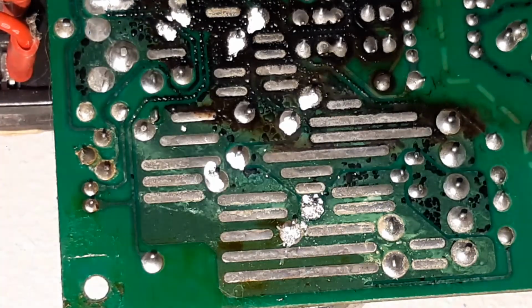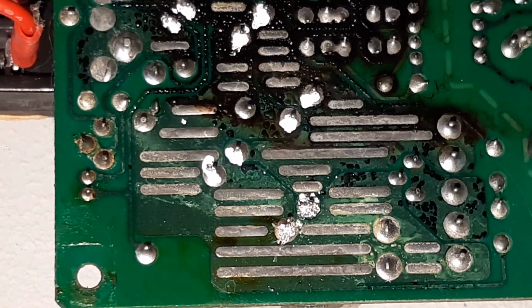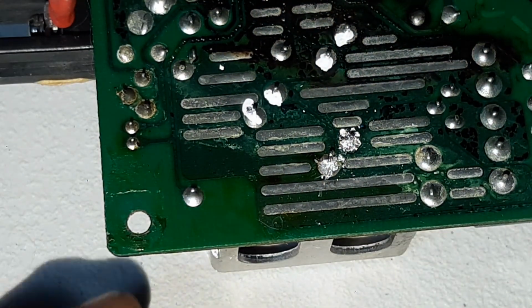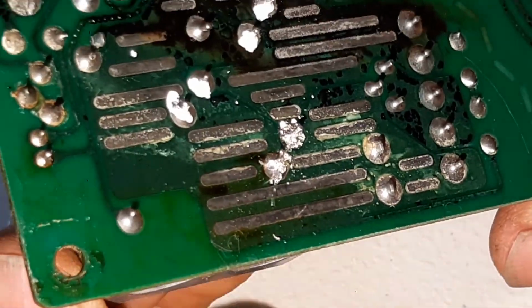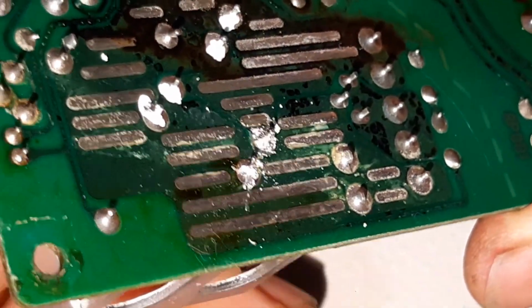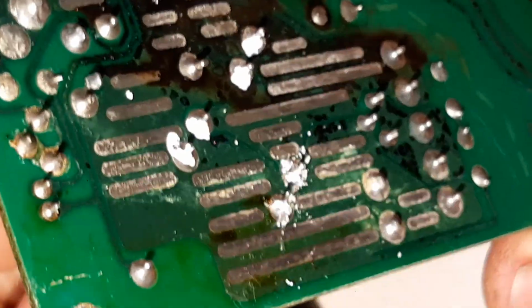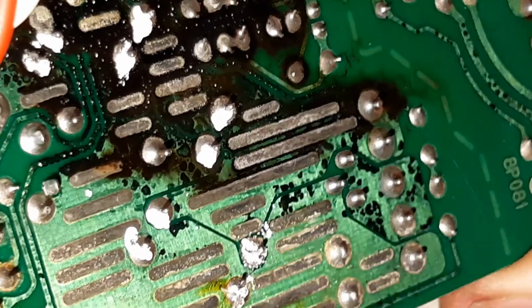So we've definitely, I'll put the soldering iron down. And what I'm going to do is invert the board and we're going to give the capacitor a wiggle and see if that's now free enough. So you can see as I'm manipulating the capacitor that those legs did pop. That's basically the contact that the solder had. You can see there,